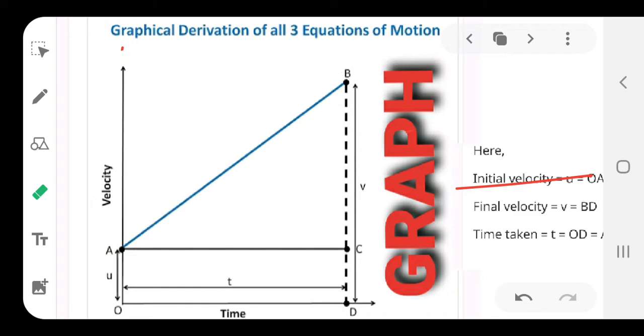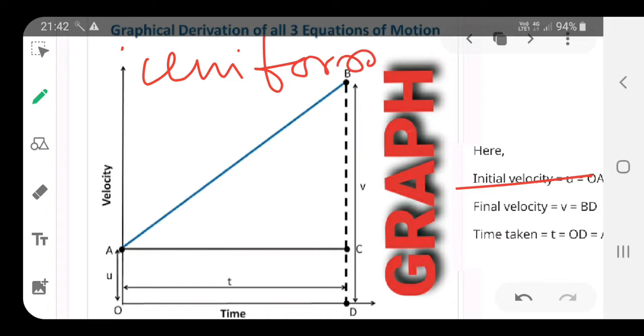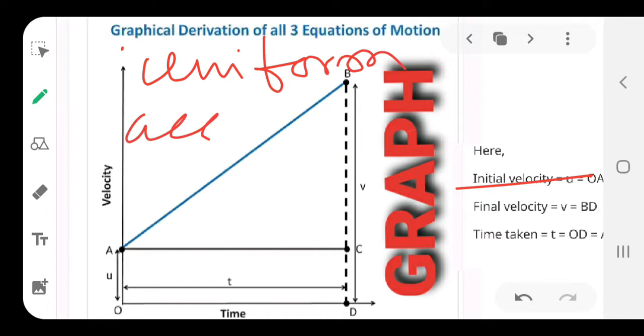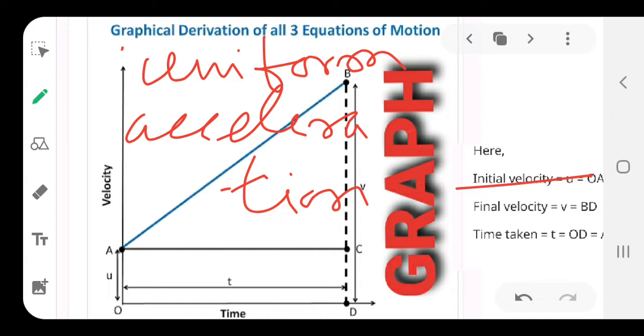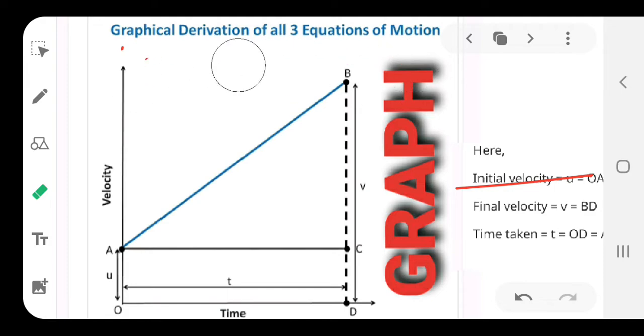Now, how to derive it? As I have told you, what does this particular slope represent? It represents the uniform acceleration of an object. Write down these words, uniform acceleration. You should already know this from when you read these definitions. This line, that slope, represents the uniform acceleration, and by definition you know uniform acceleration is given by